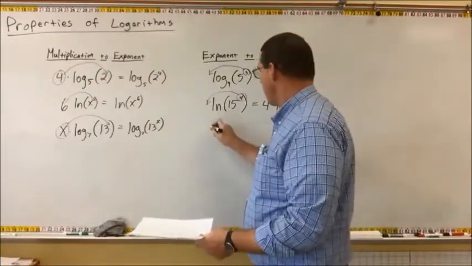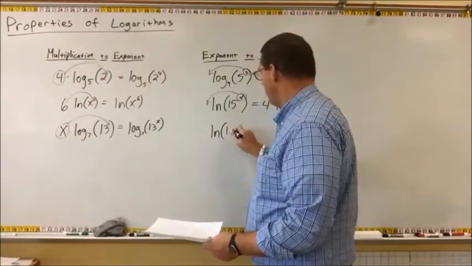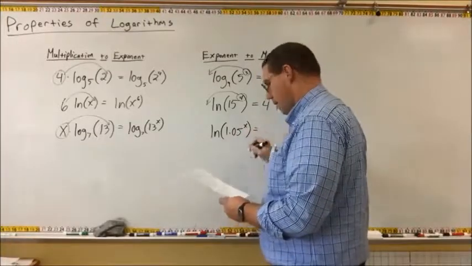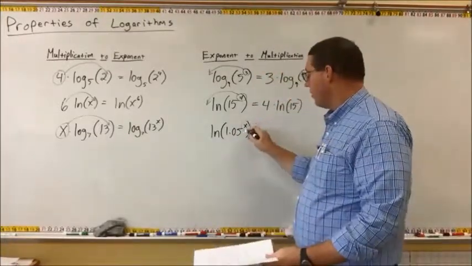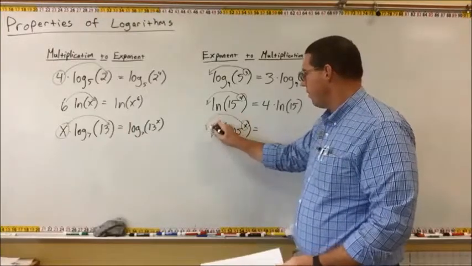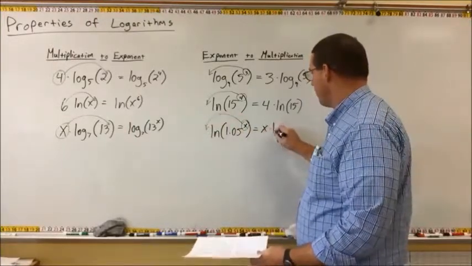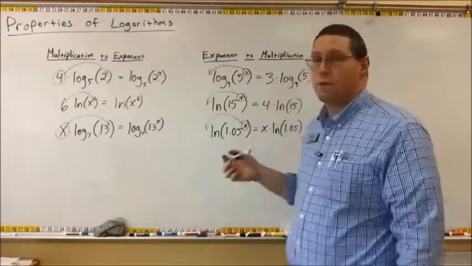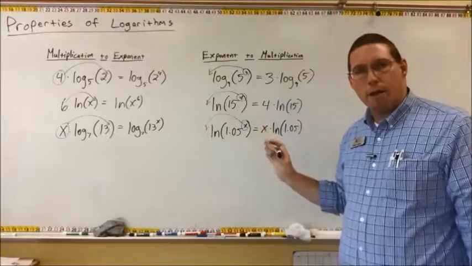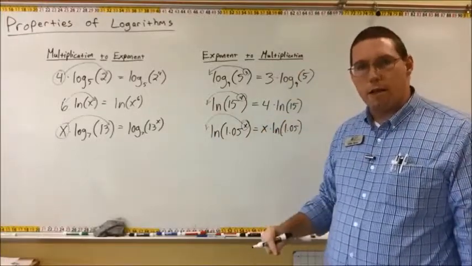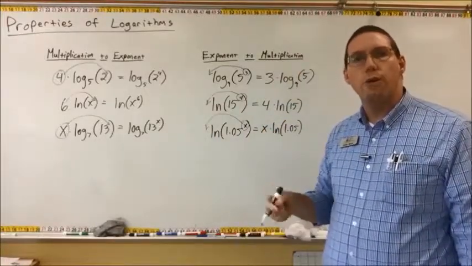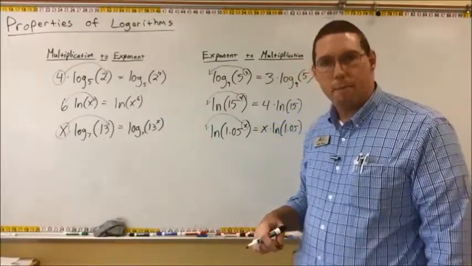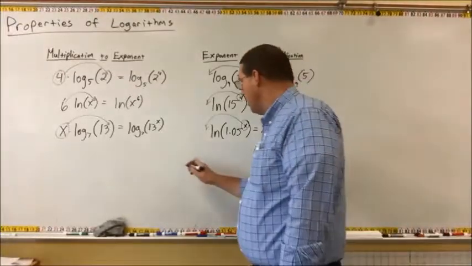All right, so now let's say that we have the natural log of 1.05 to the x power. And so what we would do is we could take the x off of here and we could move it in front of the logarithm, and it becomes x times the natural log of 1.05. And now I want to show you something. This property is the property that we're using when we use logarithms to cancel an exponential base. You've seen this already, right? We've had like